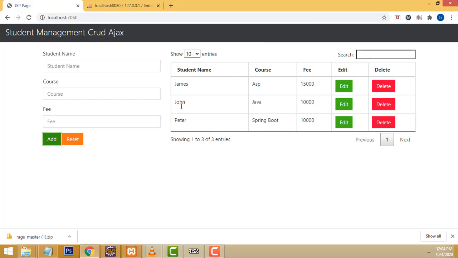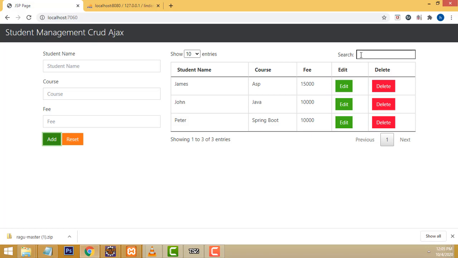This is a simple CRUD, and I will explain how to do it step by step today. The edit and delete part I am not doing in this tutorial; I will be doing it in a later one. First we will learn how to load the table and how to add the records only, right? So this is very important stuff.